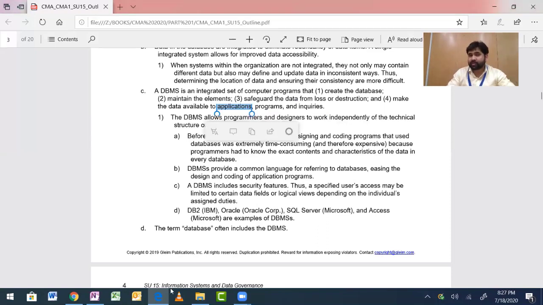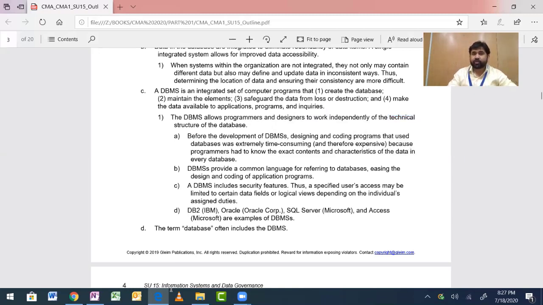Through an application they'll make a query, kind of inquiries. So if you want to know something, you just type it in, and then the system, the program, will find it out for you. You don't have to scroll through all of that. So you don't have to get into understanding the technical structure of the database. You will get what you want.